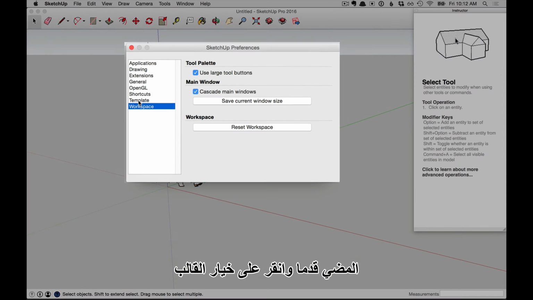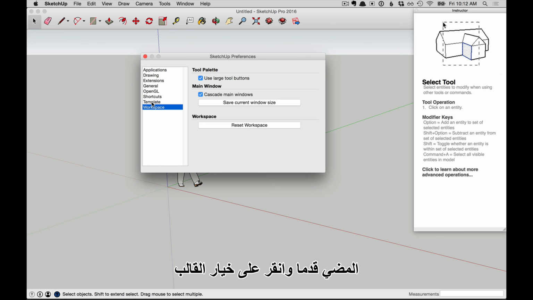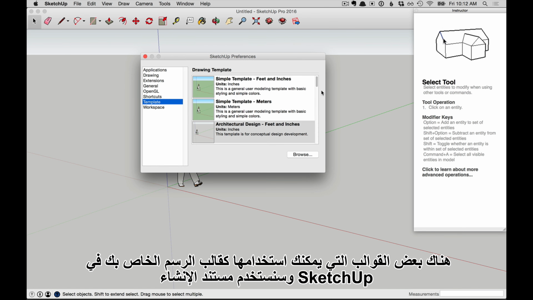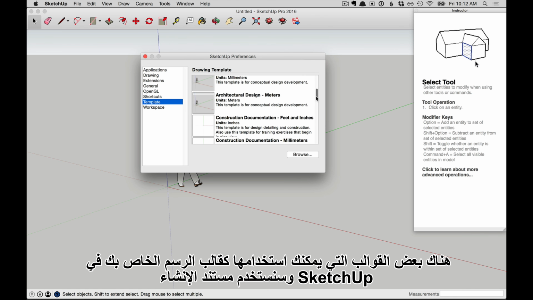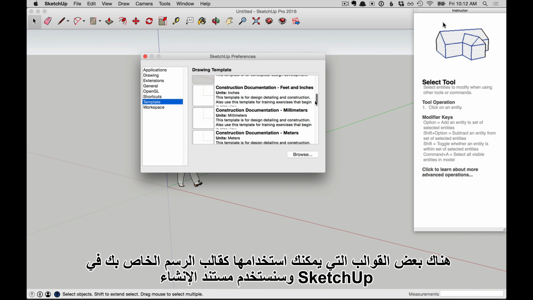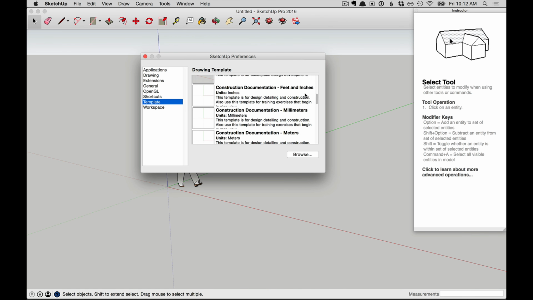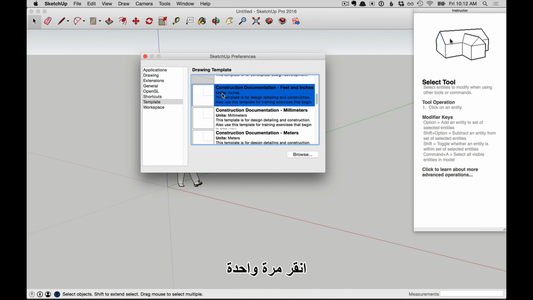And on the left, go ahead and click on the option for Template. There are a few templates that you can use as your drawing template in SketchUp, and we're going to use the construction documentation feet and inches for these lessons. Click once to select it, and if you're on a PC, there'll be some sort of confirmation button, like OK, to press. If you're on a Mac, you just click on this, as I've done here, and then close down